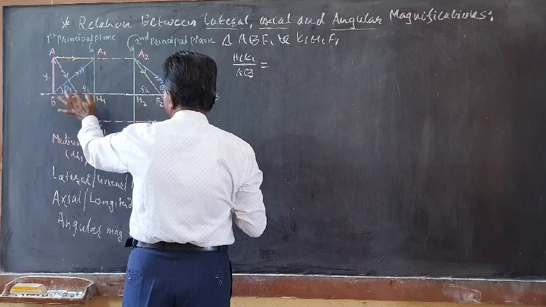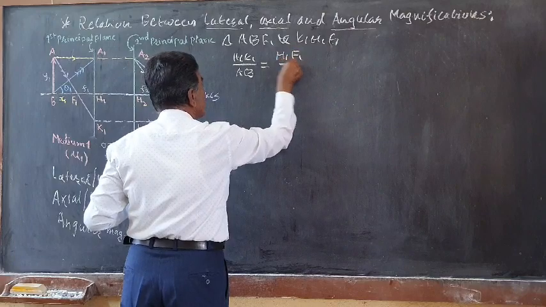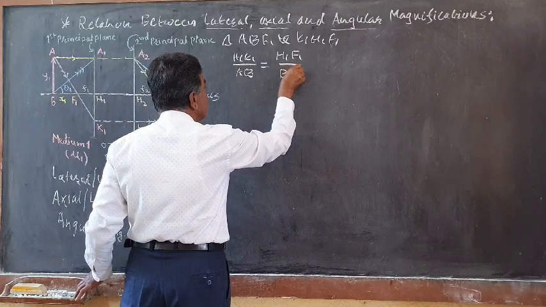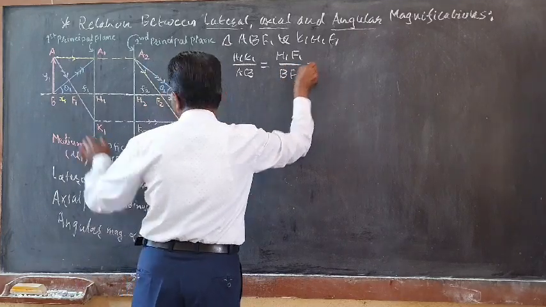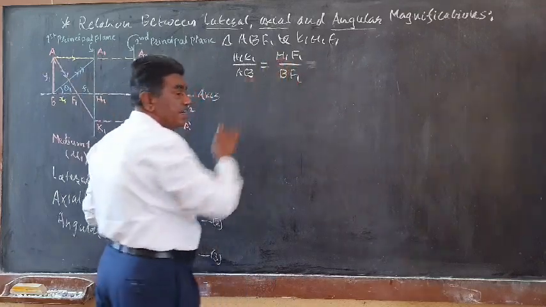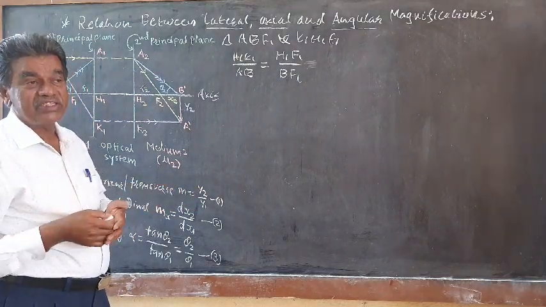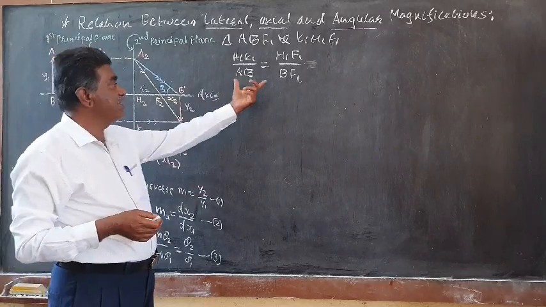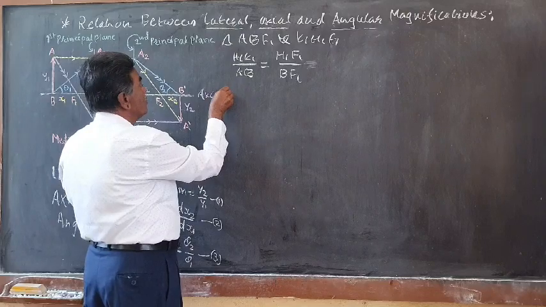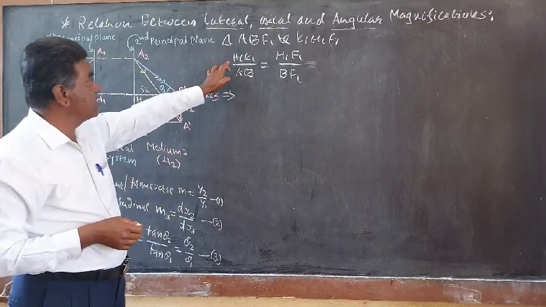Now consider the other side, that is H1F1, divided by BF1. Similarly, this will also be equal to the last side ratio, but we are not required to use it here, so we can write this much. The ratios of the three corresponding sides of the two similar triangles are equal. We will take the two sides' ratio, that much is sufficient for the definition. So this implies, by using the sign conventions,